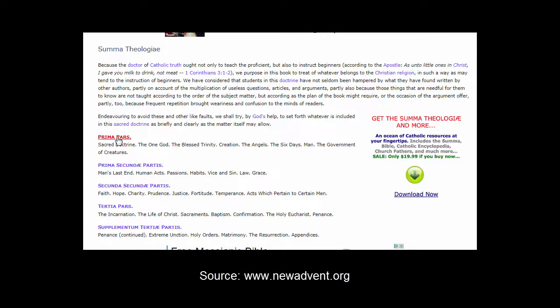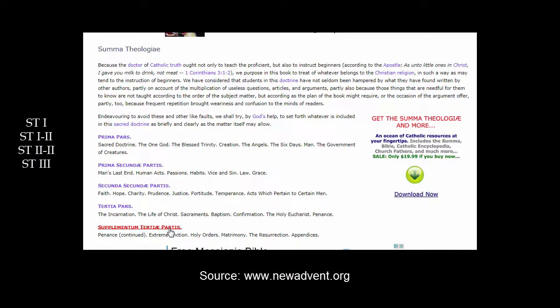And it's broken into 3 parts. The first part, second part, and the third part. And the second part is so large that it's broken into 2 parts itself. So this is where you see this notation, the Summa Theologiae, first part, which usually has a Roman number 1, or the first part of the second part, or the second part of the second part,